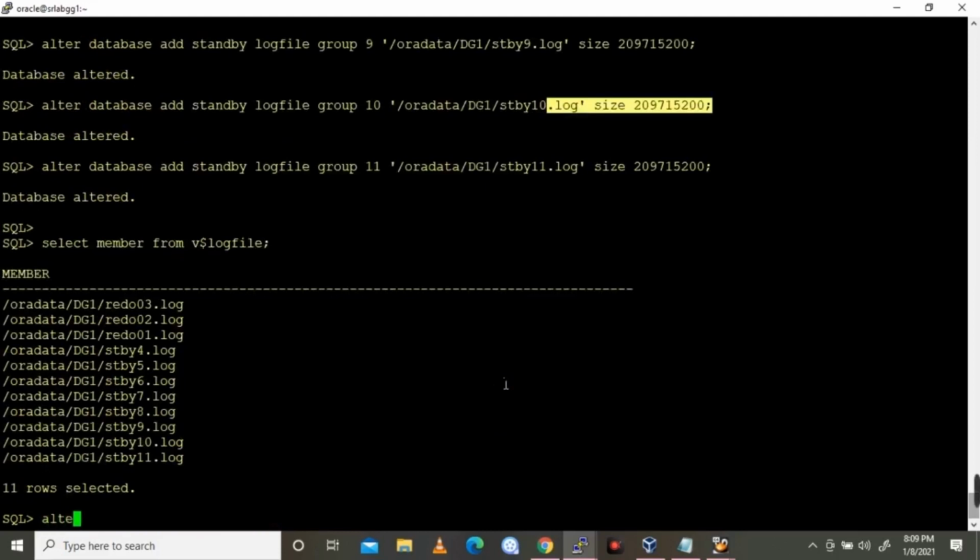So this is the primary side: 5, 6, 7, 8 for standby. There will be online redo log files 1, 2, 3, but standby redo logs for the first standby are 4, 5, 6, 7 and for the second standby 8, 9, 10, 11.